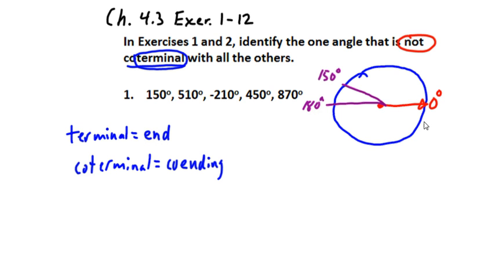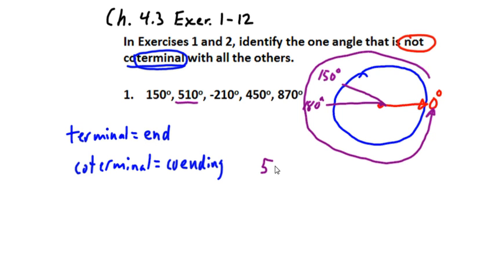And 510 degrees comes all the way around, 360. So to find where 510 degrees ends, we take 510 degrees minus 360, and if we subtract that out,